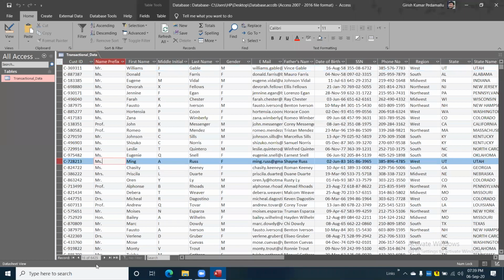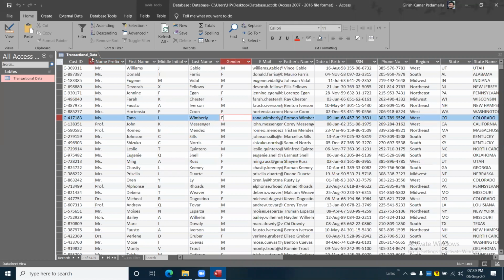Can you please save this MS Access file, Girish? We already saved it, because without saving it, we cannot create an MS Access file. It is not like Excel. One more thing in Access: whatever changes you make, by default it is going to save automatically. For example, if I am changing this F to M and just close, this record will be updated automatically without any need to save. Why? Because while opening the file itself, you have given the path and the location and the file name. It is automatically saved. Still, if you want, you can do the save, no issues.